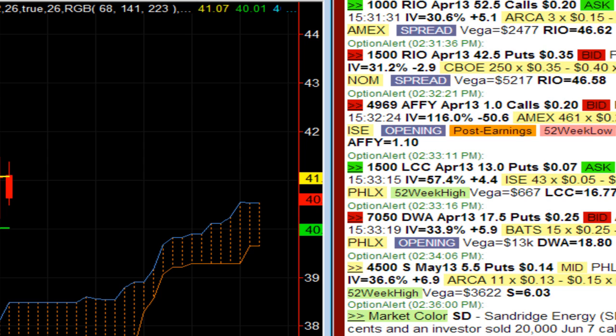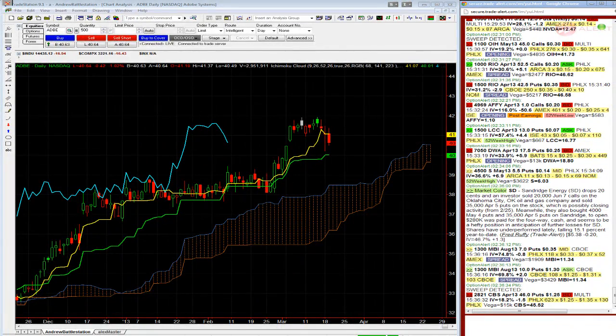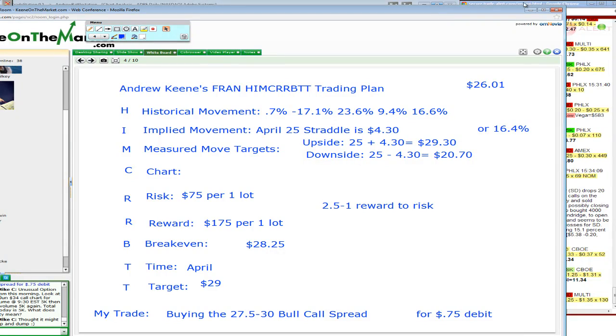We should get first levels of support on the 9-period, not 9-day, moving average. Then we should find more support at the 26-period moving average. These are time-weighted moving averages, and the cloud shows us future patterns, okay? So this is the most unique technical trading term. It works very, very well. So let me go over the HIM Cribbit trading plan for you guys in Adobe, ADBE,